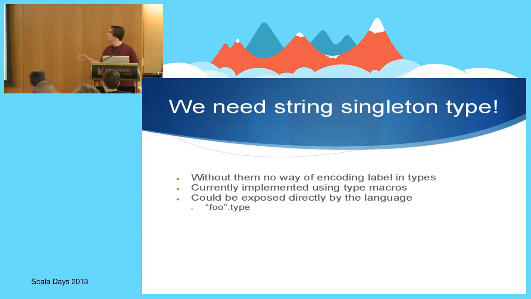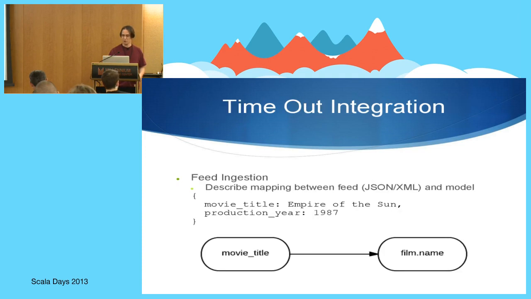But to do so, we definitely need a string singleton type. We don't need a type macro, which we won't have anyway, but we really need to be able to do that. We had some discussion with some Typesafe compiler hackers, and it's something they want to provide at some point. But we don't know when we will be able to start really integrating this and using it for production systems, as long as we don't have this feature in Scala. So then I will give the hand to Ismael to show some concrete usage of what you can do with this graph.